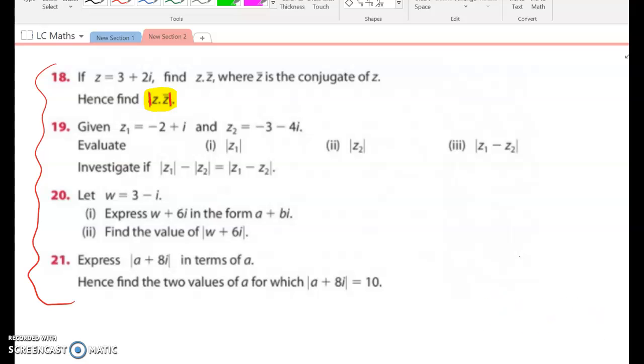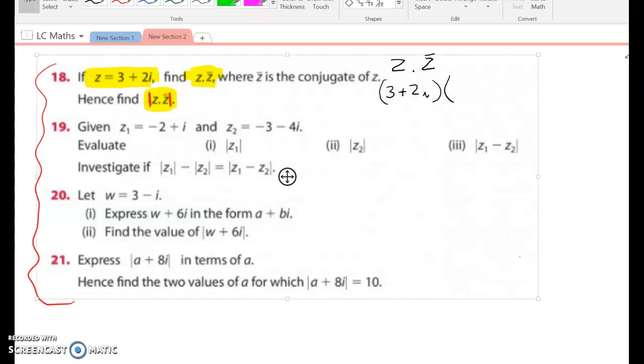So let's take a look at this first question up here. It tells us that z is equal to 3 plus 2i. They want you to find z dot. Remember what the little dot means? It means multiply by z conjugate. And then hence find the modulus of that. Okay, well let's do the first bit, which is z times the conjugate of z. So, well, what's z? Z is 3 plus 2i. And the conjugate of z is